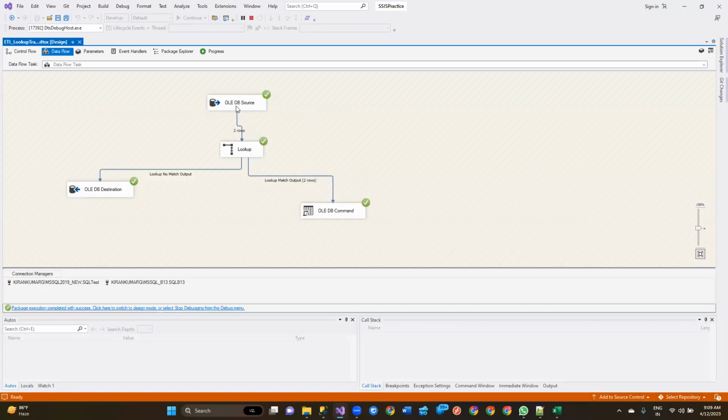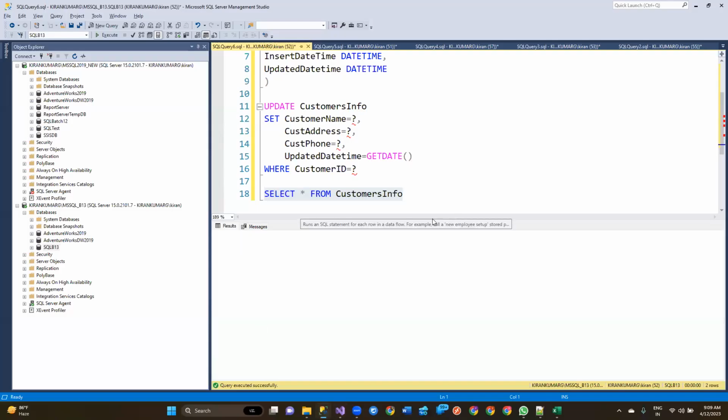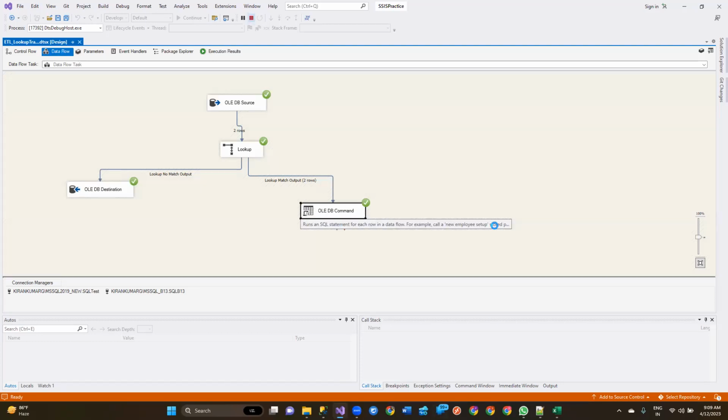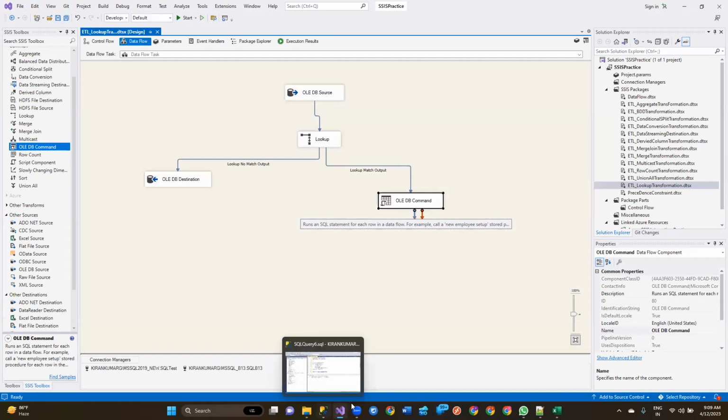If you see, from the source we have two records. Even though there is no change, it is blindly updating the records. But it should not be the case, right? If there is any change between the source and target, then only I would like to perform the update. So what I will do,